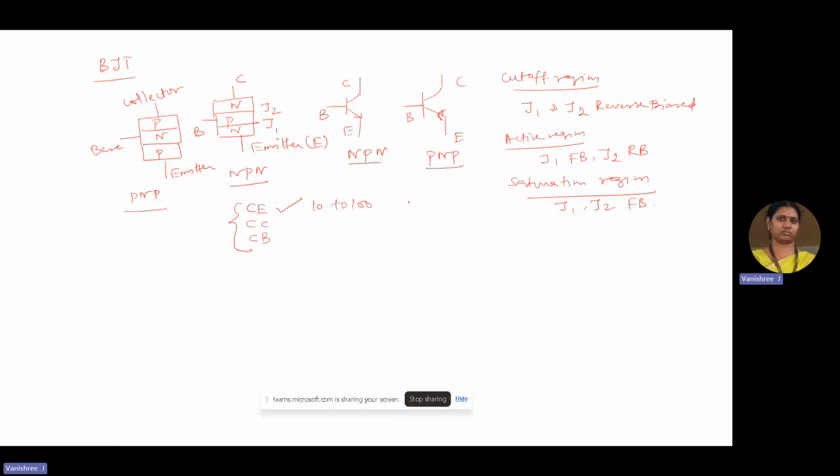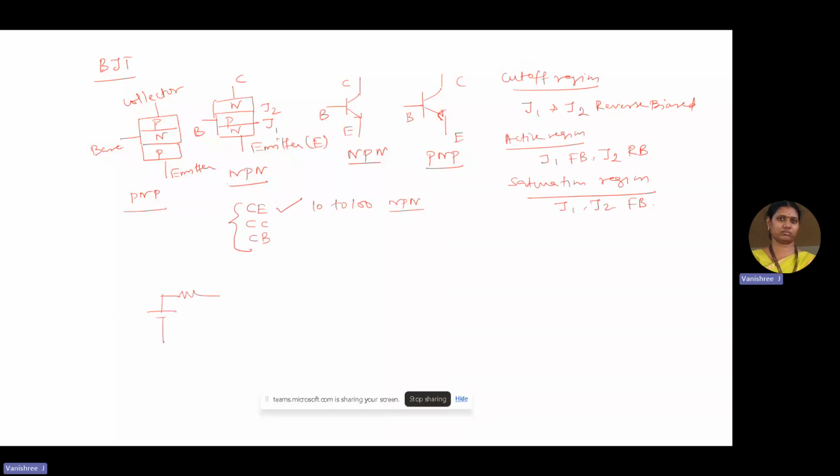And in turn, out of NPN and PNP transistor, it is the NPN transistor which is very frequently used in real-time applications. So now let us have a discussion about the working principle of a common emitter NPN configuration. So coming to its circuit diagram,